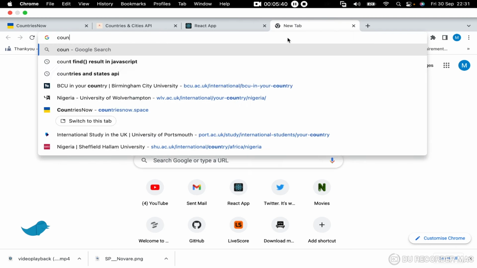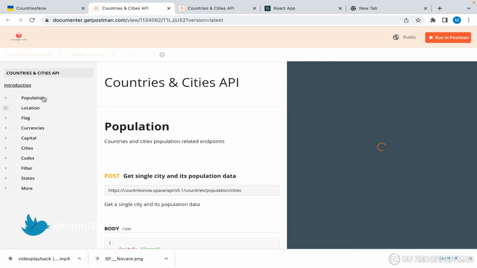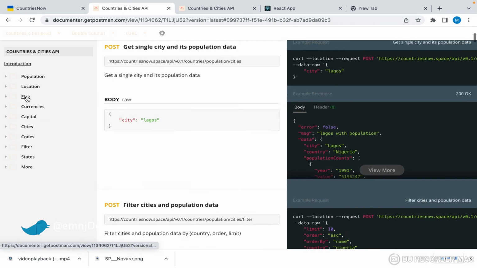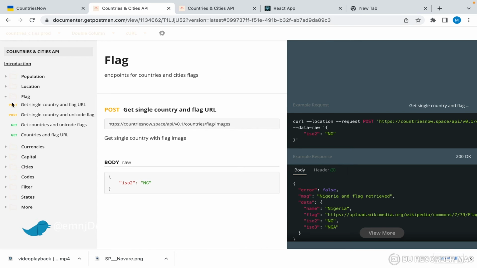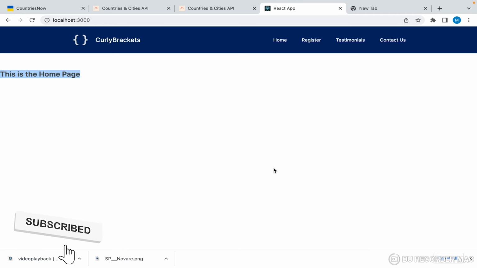And to get this done, I have an API here called countriesnow.space. It has a collection of all the countries of the world with their population, location, flag, currencies, capital, and all of that. But the one we're going to make use of is this particular one right here, the flag. And you can say get countries and Unicode flags, and get countries and flags. And here we have the particular API we're going to make use of. This particular operation contains almost, if not all, of the component lifecycle we talked about. In the past, we would have written a number of code to represent them or to get things done. But right now, we just have to use